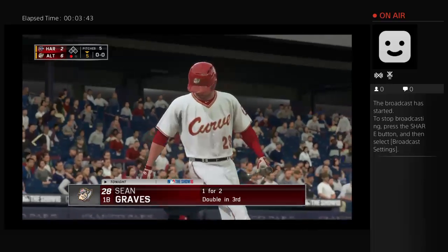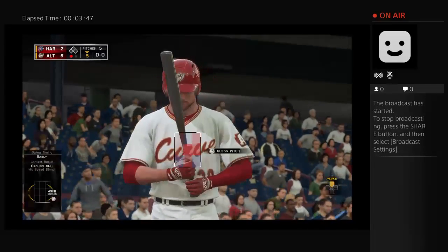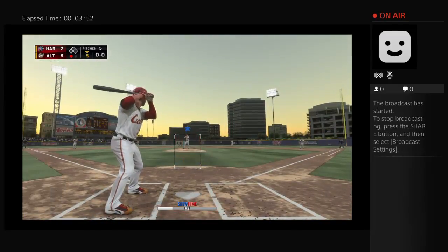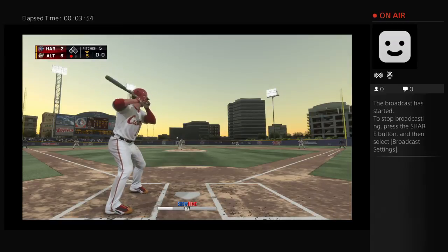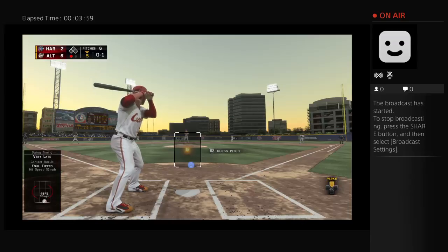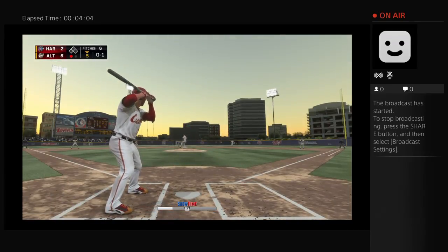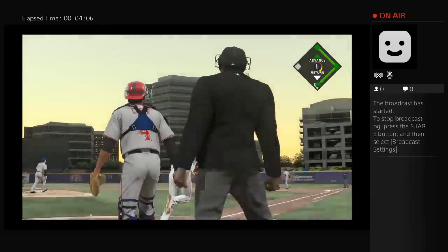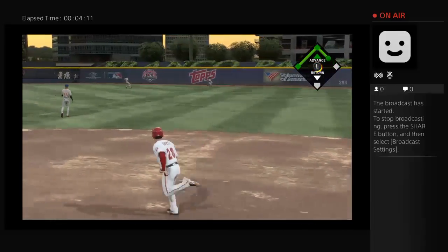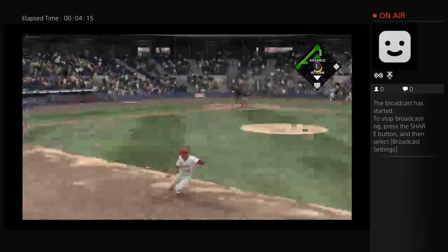Sean Graves steps in, working on a 1 for 2 game so far. Into the windup and the pitch. Behind on that one, now behind in the count, 0-1. The windup and the 0-1. Hit in the air to right field. Oh, and he misses it. He's around first on his way to second now. Thought about going for...